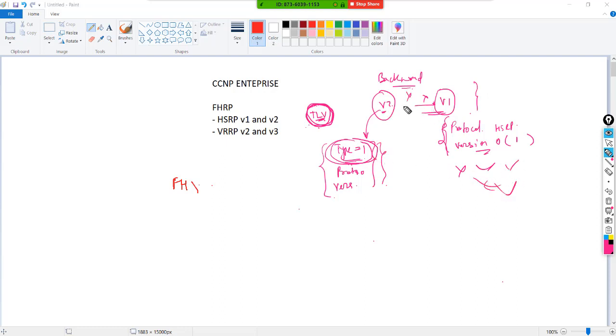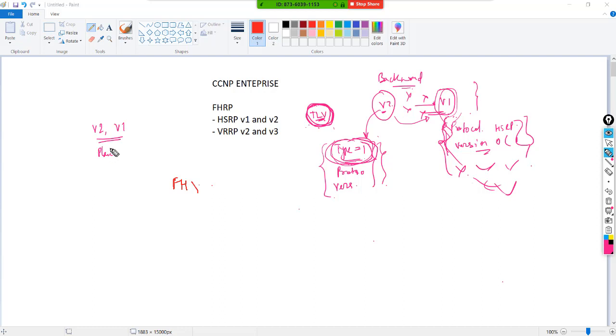That's why they don't form backward compatibility, because whenever version 2 is sending a packet to version 1, it will not be able to recognize what the type is, because that's not the behavior of a version 1 packet. Version 1 is just a plain packet. Okay, fine. And regarding the similarity,